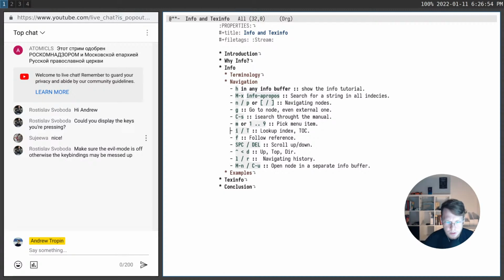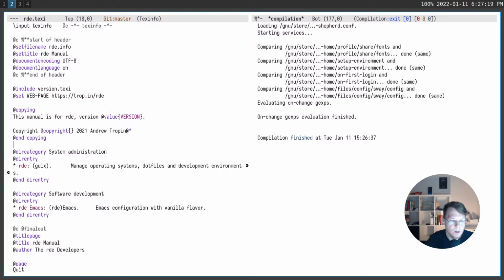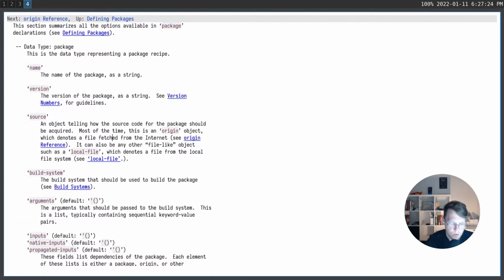We explored how to go back and forth through the nodes, how to go to an exact node, how to search through the whole file, how to use the index and table of contents, and how to follow references. Actually, I didn't show another example, which is quite nice